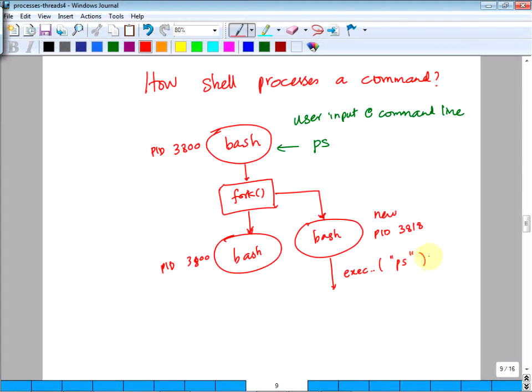So it invokes exec ps, then this task becomes the ps. So now instead of bash, it becomes the ps. Still the PID is the same. Then after that, the parent is doing the wait. There is a system call called wait.